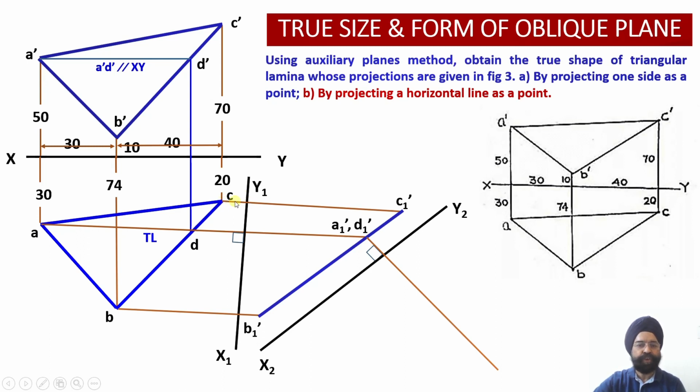I'll pick up my compass or a divider and measure this distance over here. So mark it onto the locus line of C. Please see. Mark it onto the locus line of C. So the distance between X2, Y2 and C2 dash is equal to the distance between X1, Y1 and point C. Similarly, what is the distance of D? The distance of D is the distance between X1, Y1 and this point D in the previous case. Now once again, we'll mark this distance from X2, Y2 onto this locus line of D. So this will be the distance of D.